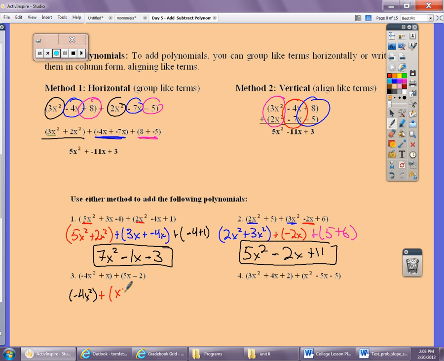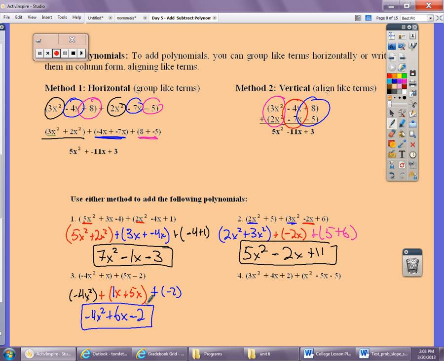So I have x plus 5x. And then finally, I just have one number over there, which is plus my negative 2. So I have nothing to add with my x squared, so I'm just going to bring that down. My x, well, this is 1x plus 5x, gives us 6x, and then we get minus